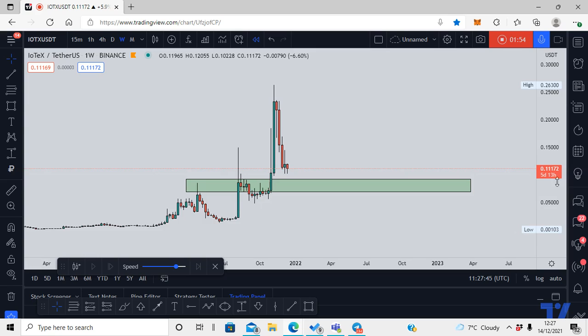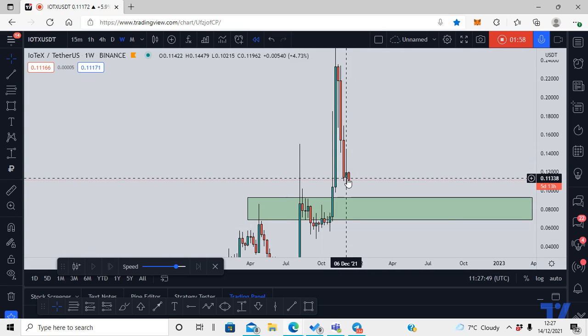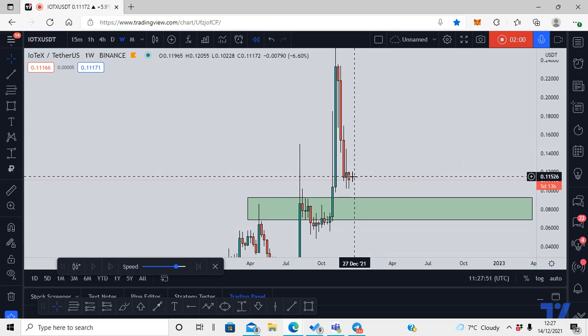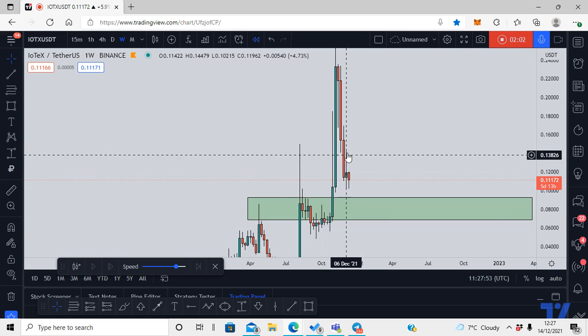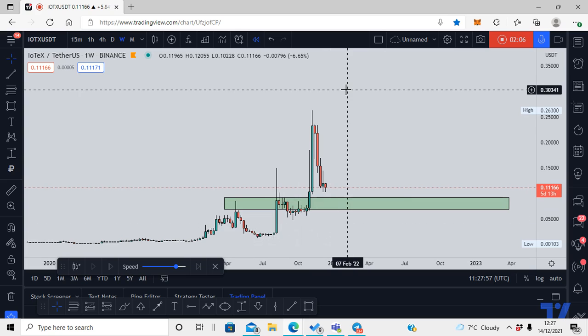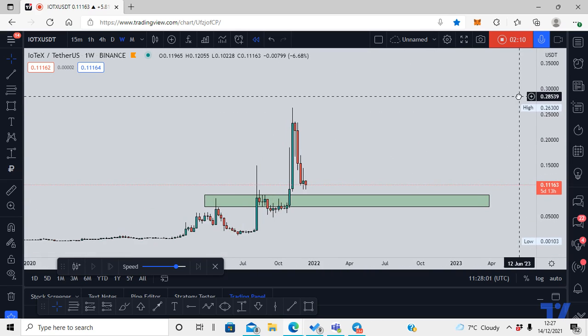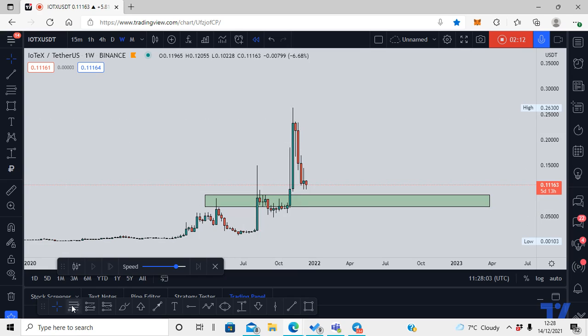Also here on the weekly time frame, we have the same candle. We have this green candle here with a large wick to the upside, and I do expect the market to fill in this wick. If we want to measure the next impulsive move,